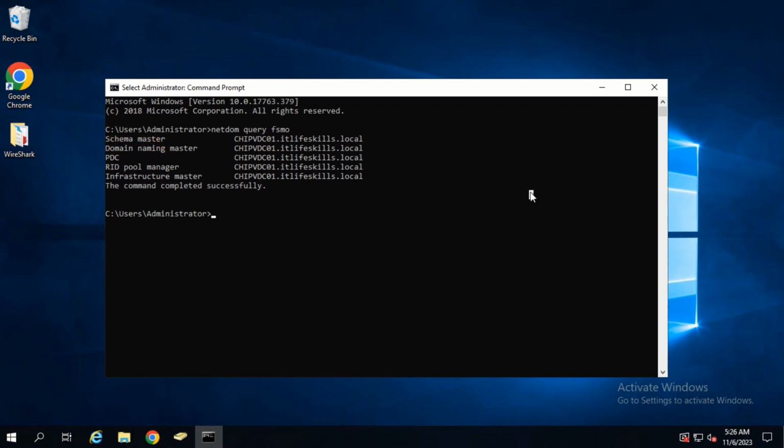Now let's verify which server we are on by typing the command hostname, then hit enter. Currently, we are on the server gpvdc01. Now let's verify which account we are currently logged on by typing the command whoami, then hit enter. As you can see, we currently log on as the administrator account of the domain